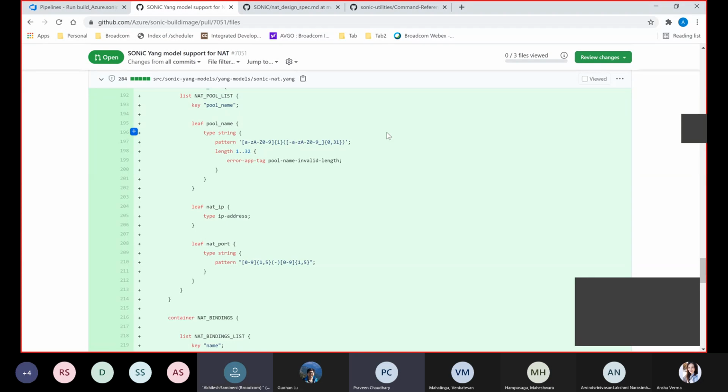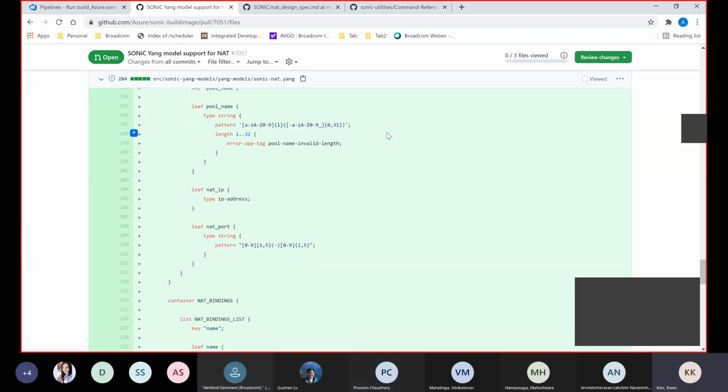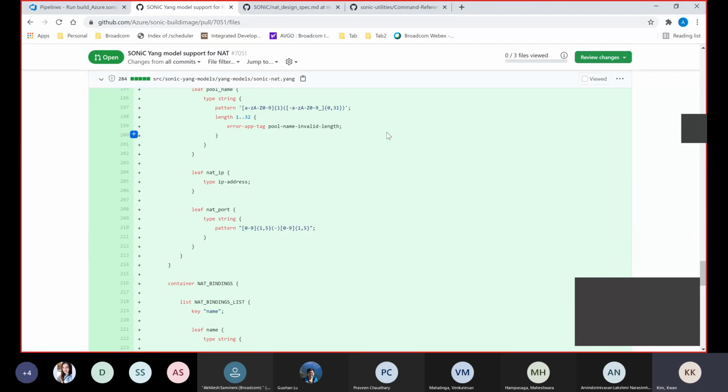For the NAT port, the pattern defined here, the port is going to be used pretty much everywhere, right? If the YANG modules reference the port, the port type can be defined in the common types, so that we don't need to locally define types for the NAT port.